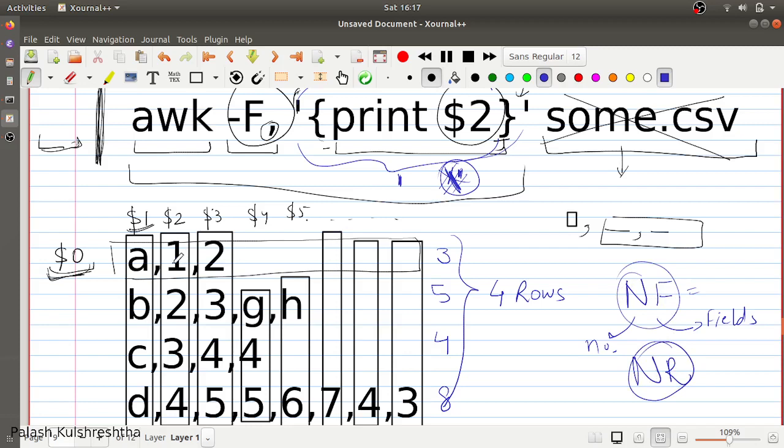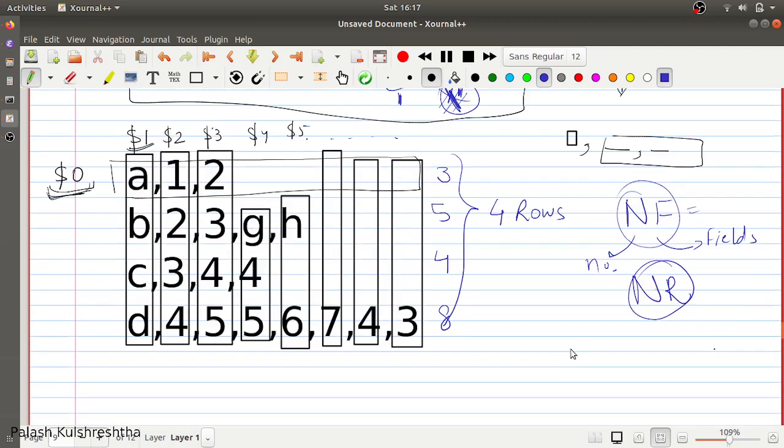For example, how awk processes the data is, it basically goes from line to line. It is going to start here. For this row, the value of NR is 1 and NF is 3. Then it is going to go to the second row.